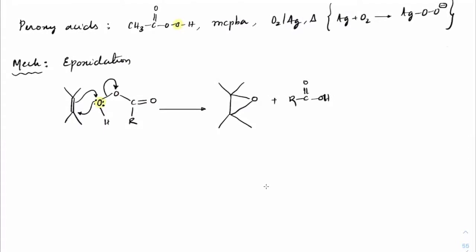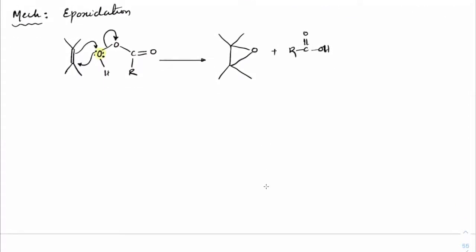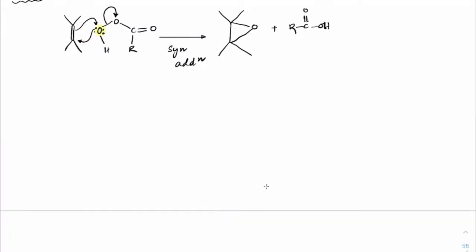So in case it is isotopic, you should understand which oxygen is going with what. This is the first step. So what happened? Oxygen got connected with the double bond from the same side. So it is a syn addition. So it is undergoing through a syn addition. Once it is done, now the hydrolysis step. So that was the first step, and you'll see how the hydrolysis happens.